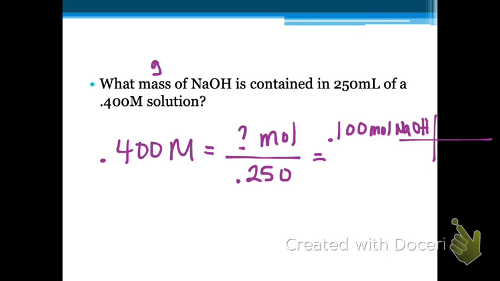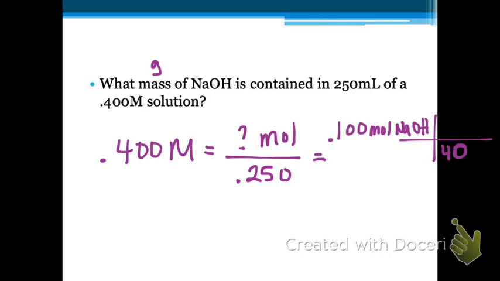And so when I found that in moles, that's moles of my total, right? That's moles of my whole compound in this solution. And it asks me for mass of my whole compound in the solution. So I don't have to do any extra mole ratio or anything because I'm looking at the big picture, not individual, right? So once I have that, I can just find the mass of sodium hydroxide,